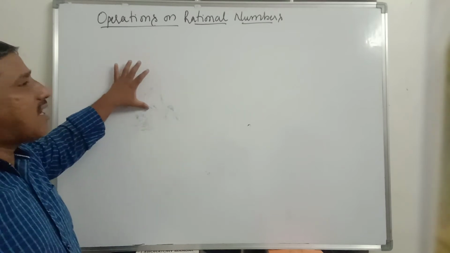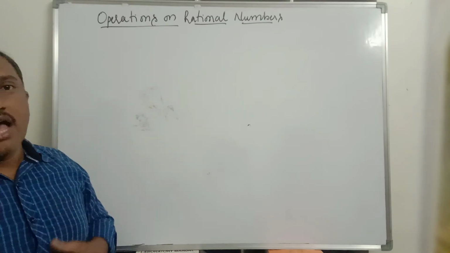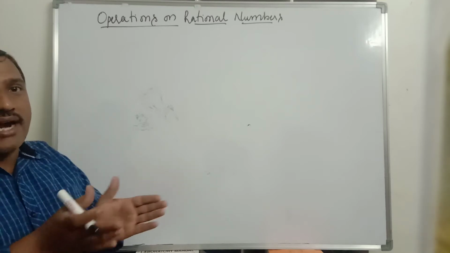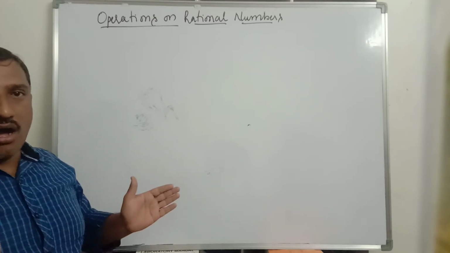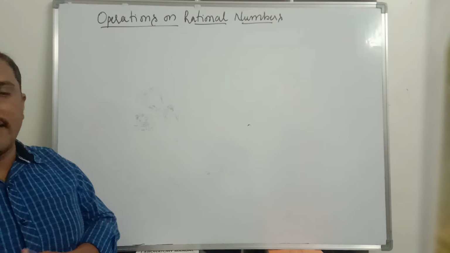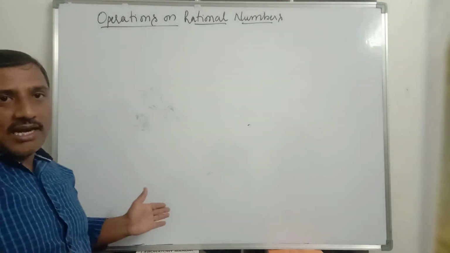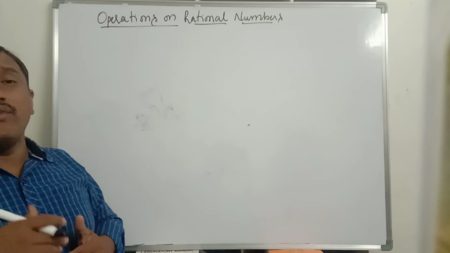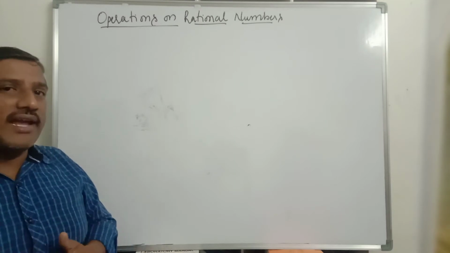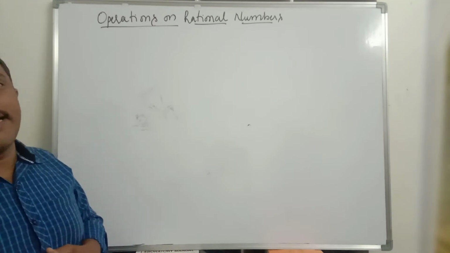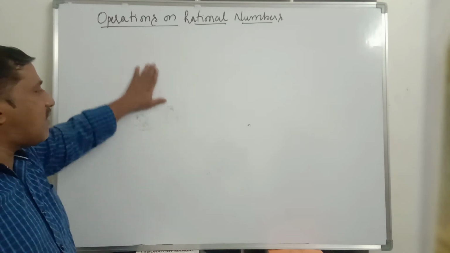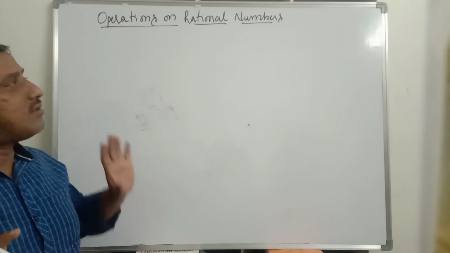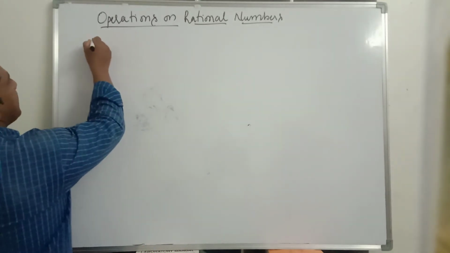It is quite common to the fractions. As we know, fractions and integers we studied in class 7. How we add the fractions or how we subtract or multiply or divide the fractions. Similarly, how do we add integers? How do we subtract integers? How do we divide and multiply the integers? That concept only we will follow here for the rational numbers also. So in that, the first concept is addition